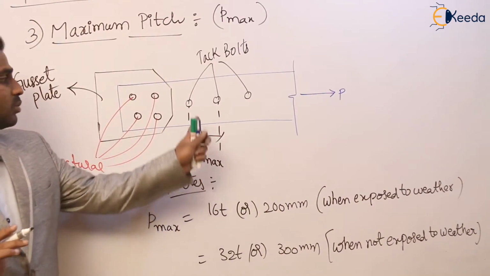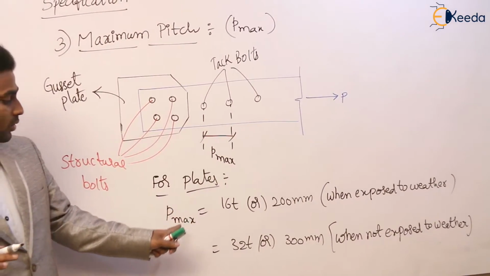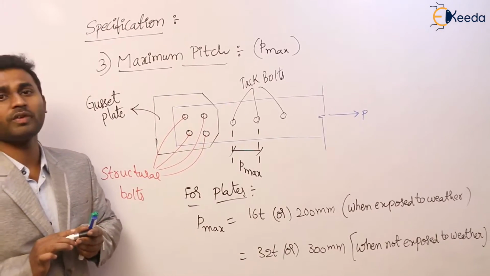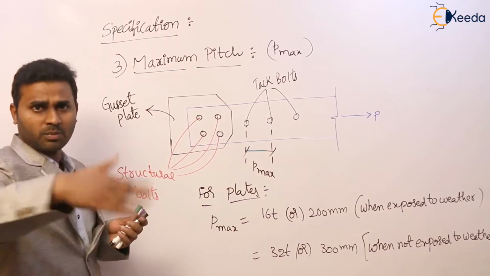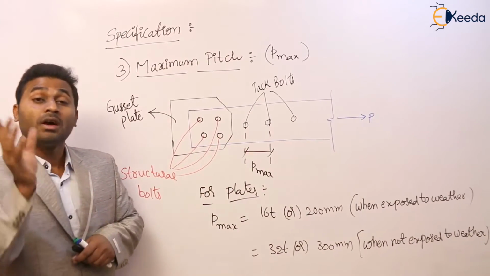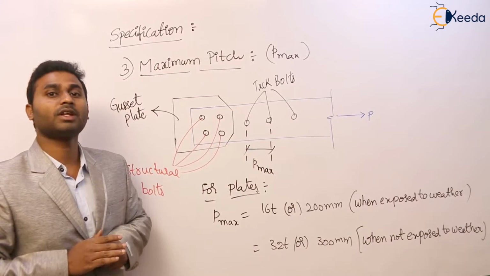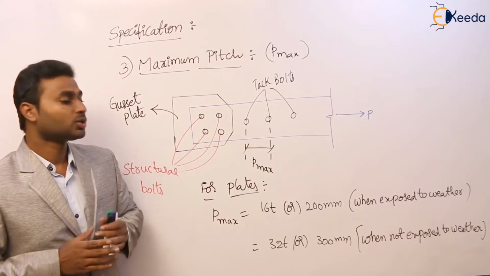It means tag bolts are used to connect the plates. So in this case the maximum pitch is equal to 16T or 200 mm when exposed to weather. Weather means it is exposed to the environment or atmosphere. So chances are there for corrosion to take place in that member, so that we are going to